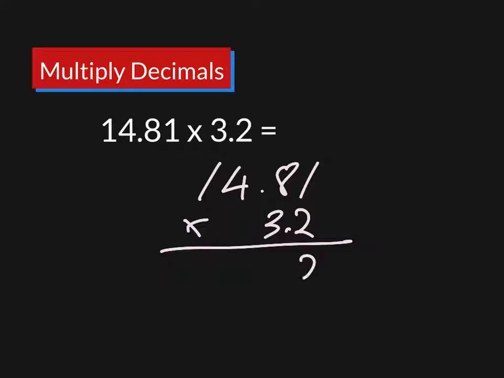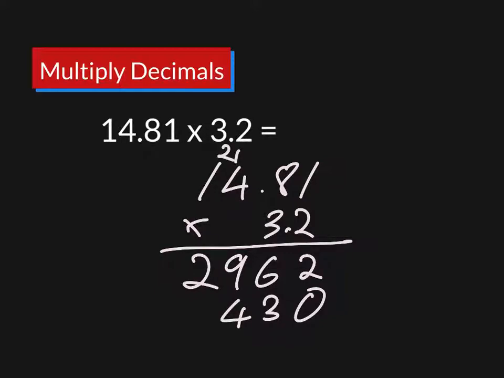So 2 times 1 is 2, 2 times 8 is 16, carry the 1, 2 times 4 is 8, and 1 is 9, 2 times 1 is 2, and then 3 times 1 is 3, and I've got the placeholder here because we're in the tens place now, and 3 times 8 is 24, carry the 2, 3 times 4 is 12, and 2 is 14, 3 times 1 is 3, and 1 is 4, and then we add, so 2, 9,